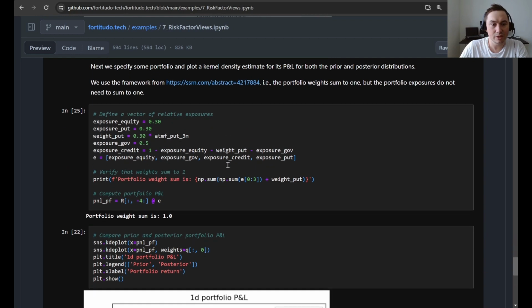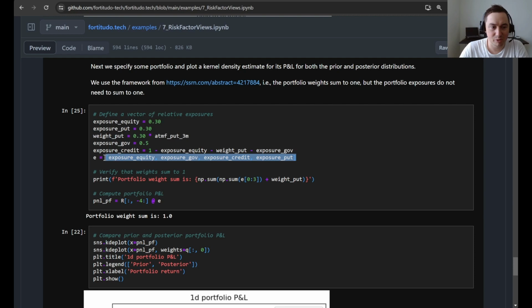So here you can see that we have a portfolio where we assume that it has 30% equity exposure, and then we are hedging this equity exposure with the put option. So for the exposures, we just specify them, and then for the weight of the puts, we of course need to know what is the market value of this exposure that we have. So basically the credit exposure, that's going to be the remaining that we have left for the weights,